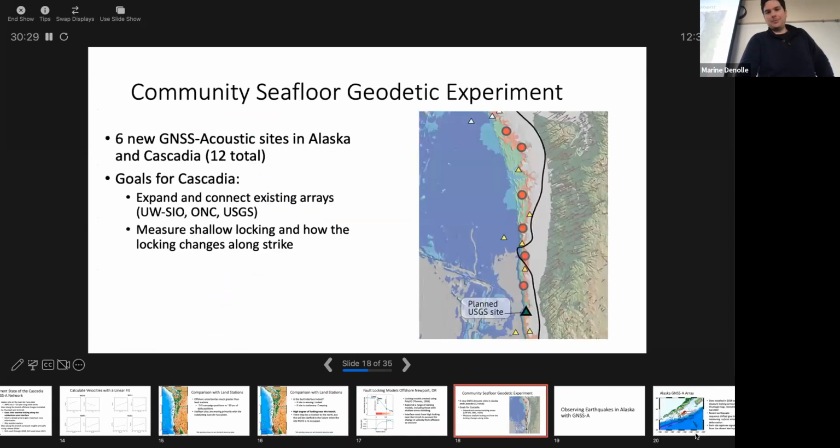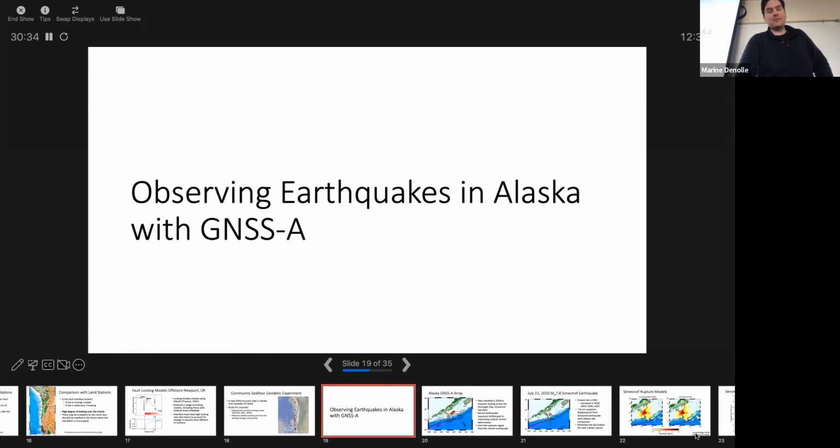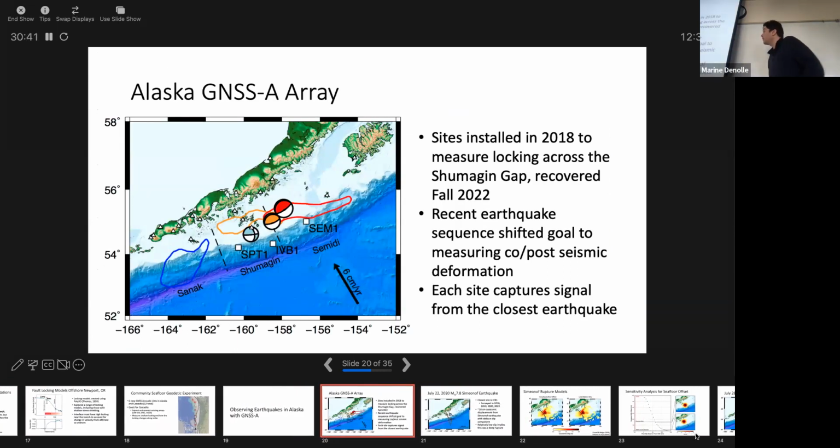Okay, I'll talk briefly about Alaska then, because we do have some very interesting observations in Alaska. The array up there was established in 2018. It consists of these three sites, SEM1, IBB1, and SPT1. They were deployed to nominally try and measure the change in shallow subduction zone locking across the Shumagin Gap, which